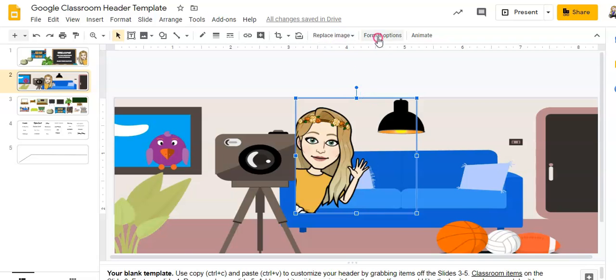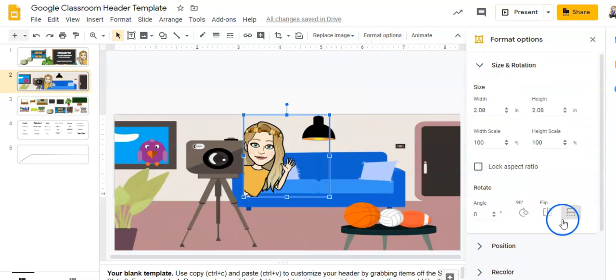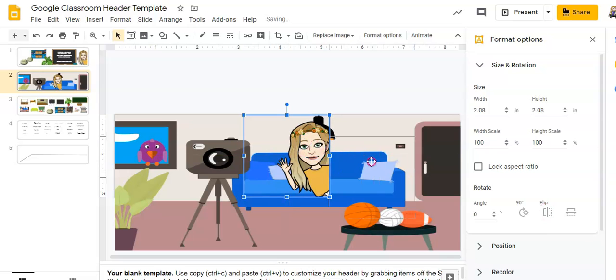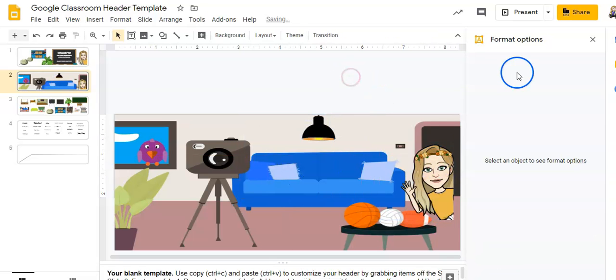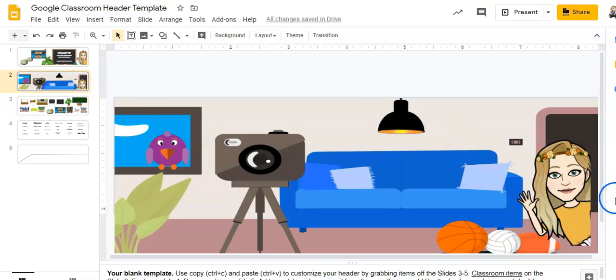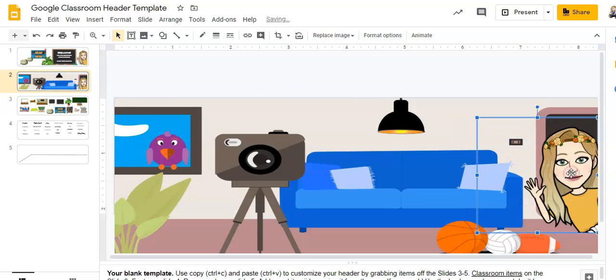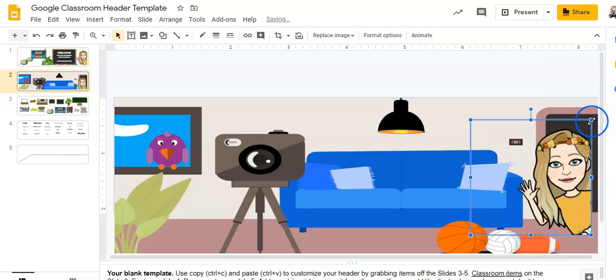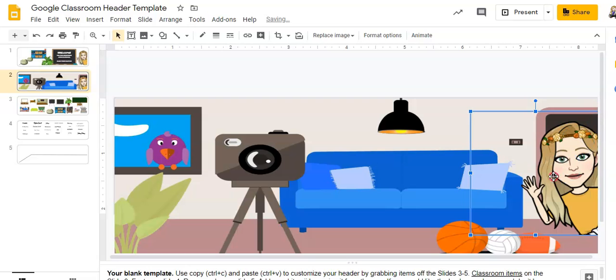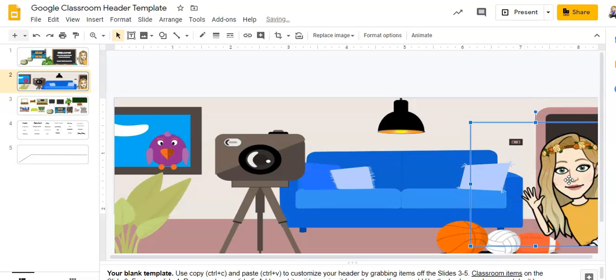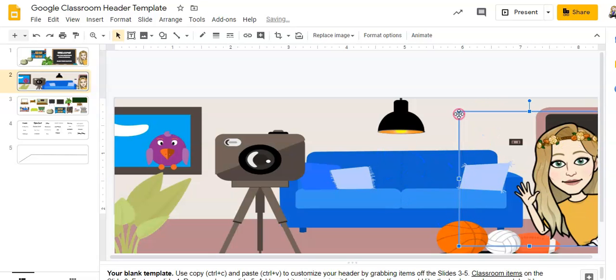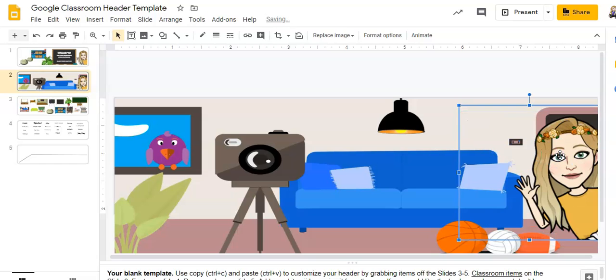So I have my image. I'm going to do Format Options and flip me. The flip is right here. A great tip is to look at your little slide to see where you're ending up. I'm going to make myself a little bit bigger and pop me in right here. You can always do the sitting on the couch, which probably makes more sense, but I use this waving Bitmoji a lot in my tutorials, so my students and teachers are used to seeing it and associating it with